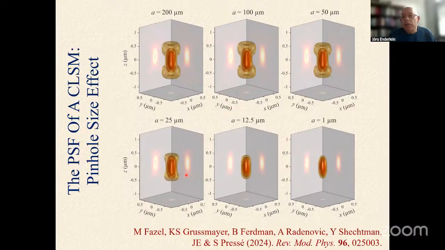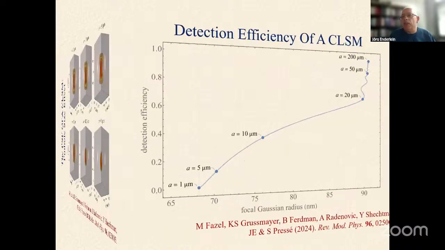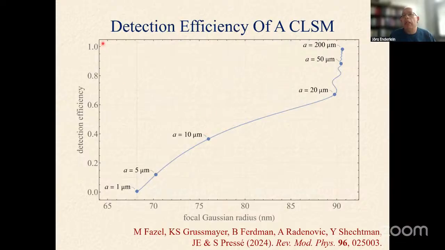So why don't people do that? The answer is quite simple. When you make your pinhole smaller and smaller, then your detection efficiency goes down also to 0. For example, for the 1 micrometer pinhole, you have basically no light left which could be detected. So this is already starting at relatively large pinhole sizes. So closing down the pinhole is certainly not a very good idea for getting a higher spatial resolution because you